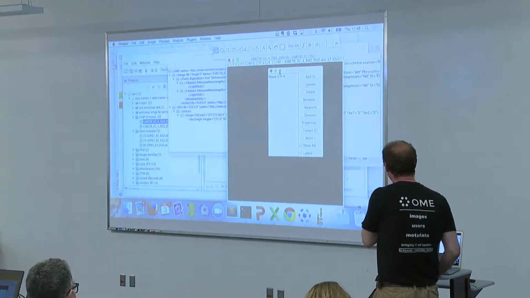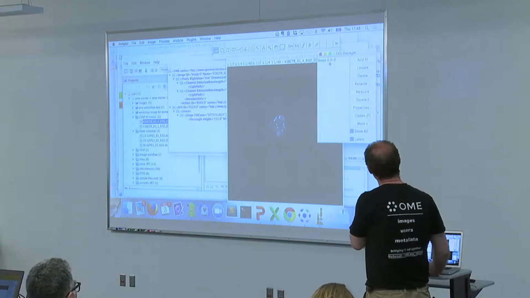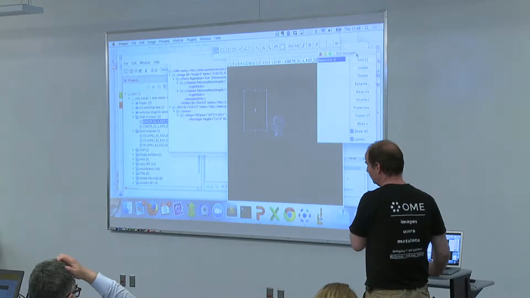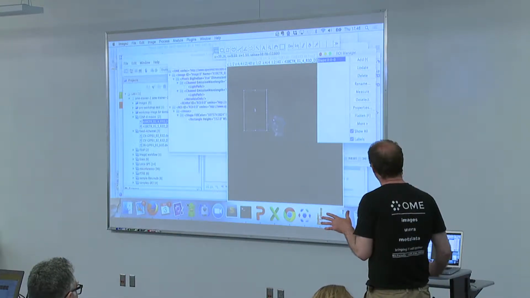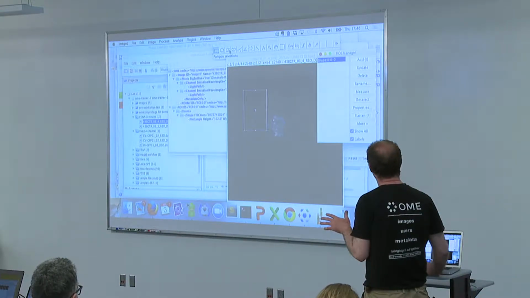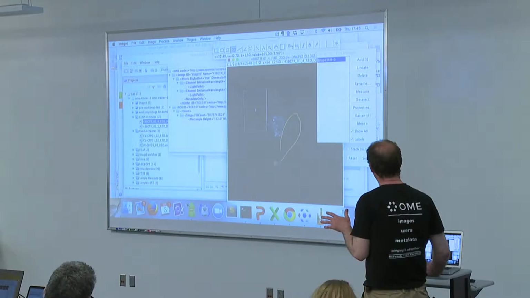Good. And you can see that the region is now recognized by ImageJ. This was an OMERO region, and I have it here. This is the rectangle I just drew in OMERO. Now we are in ImageJ. Everything you do here, you can use the full power of ImageJ. If I draw another region in ImageJ or whatever, or create a table, and add it to the ROI manager,